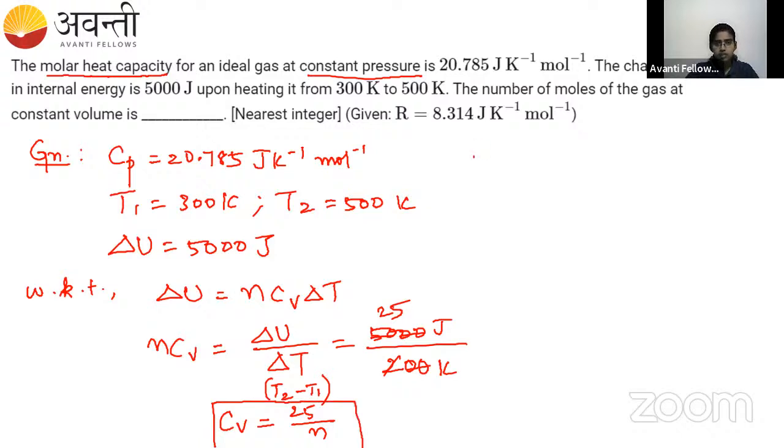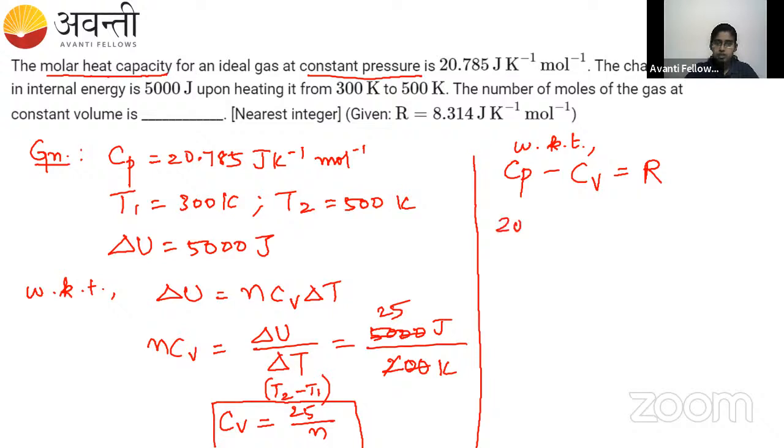Okay. But we are asked to find out the value of N. So we can use the Cp minus Cv is equal to R relation. We know this, right? So we know that Cp minus Cv is equal to R. Cp is given in the question. It is 20.785 joule per Kelvin per mole. And Cv we have found out, 25 by N. It is equal to R. And if I solve this, I will get N value as